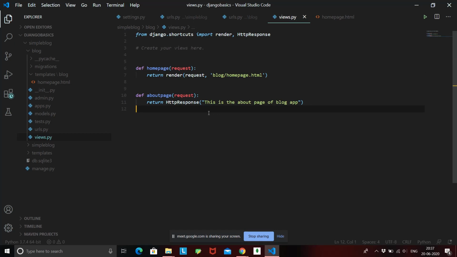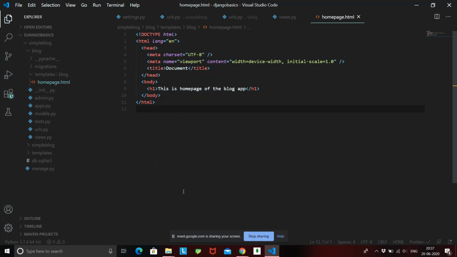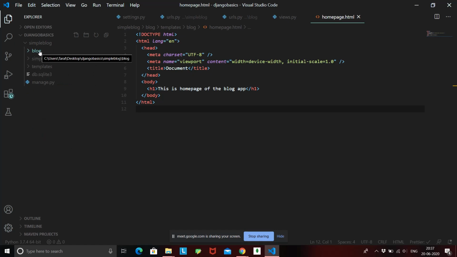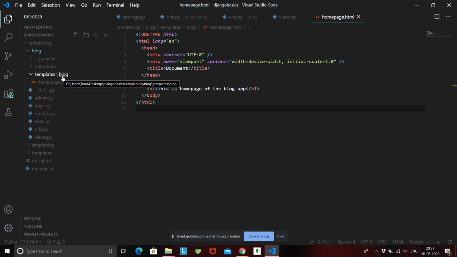That was just an example. Okay, so next thing also we can do is that we can create bootstrap and all of that over here. That we'll do when we create the actual blogging app. But make sure that till here everything is clear. What we did, we created an app called blog. Inside that we were not having urls.py file and templates folder. So we created urls.py, we created template folder. Inside template folder we created this blog folder, and inside blog we created this HTML page.